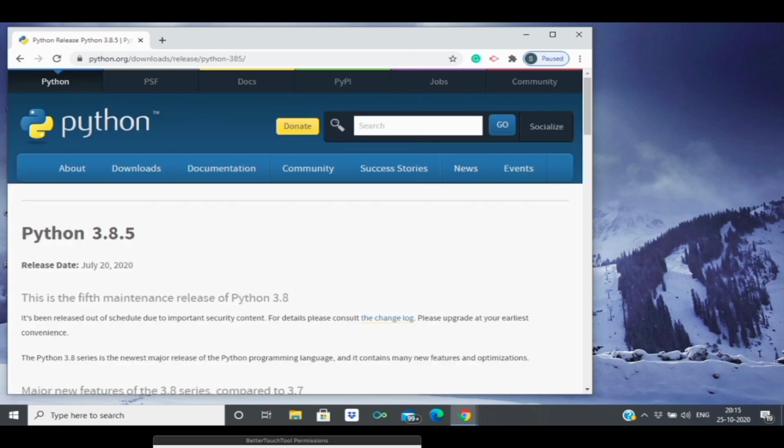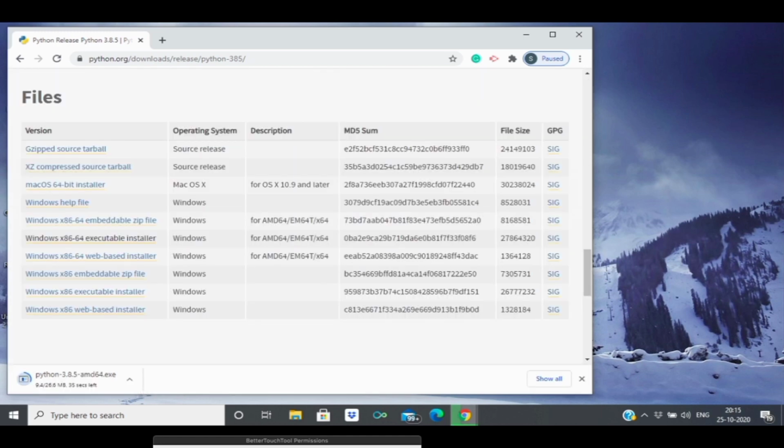You will get something like this, and you can select Windows, go for the installer, a 64-bit installer or a 32-bit installer as per your computer system. 3.8.5 is 64-bit. You can choose an earlier version if you have a 32-bit computer.